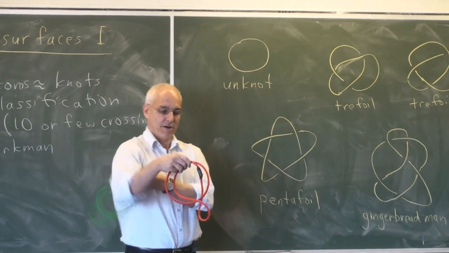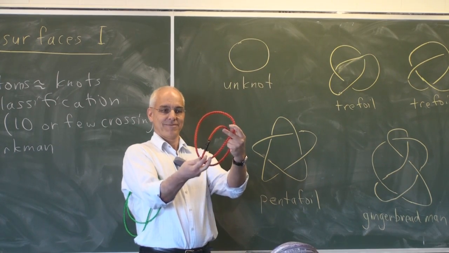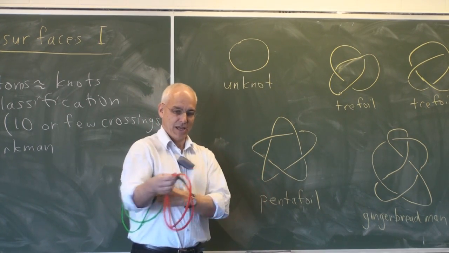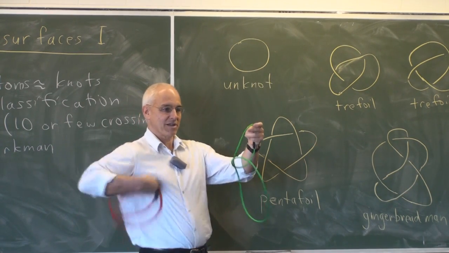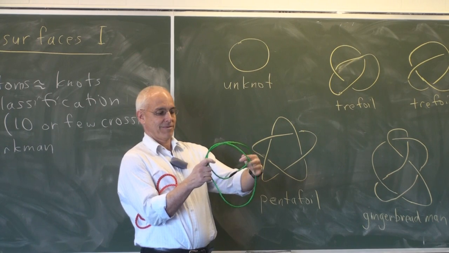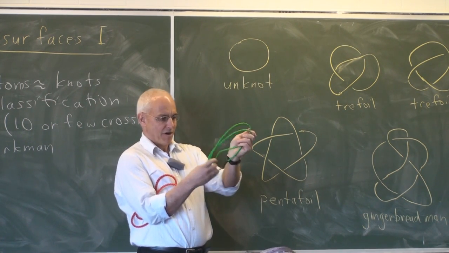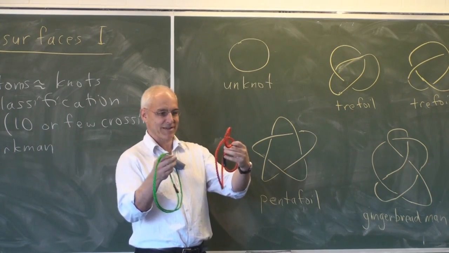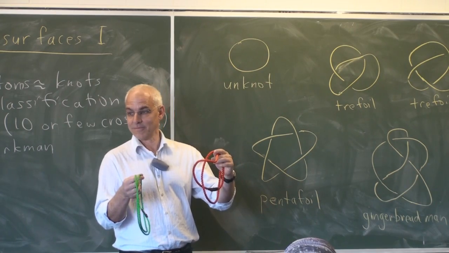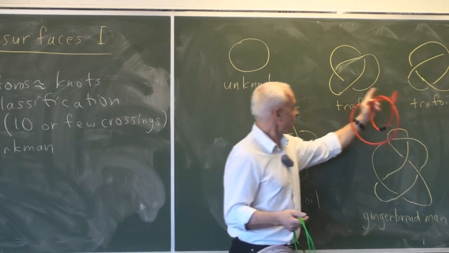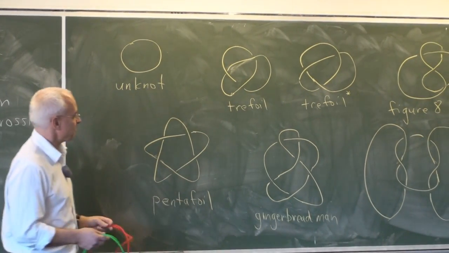So this one here is a trefoil knot. And this one here is also a trefoil knot. It's the kind of simplest knot that you can teach a child to make. But they're mirror images of each other. And if you start fiddling around with this one, trying to make it look exactly like this, you find that it's hard to do, or in fact, it's impossible to do. So you suspect that these two knots are actually different in some fundamental way,